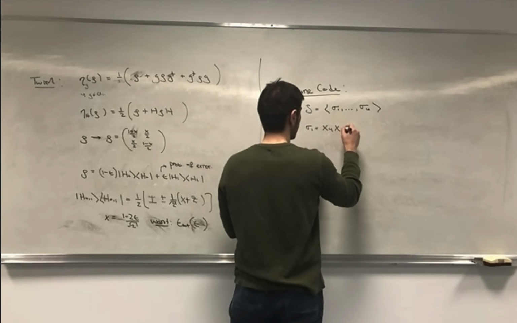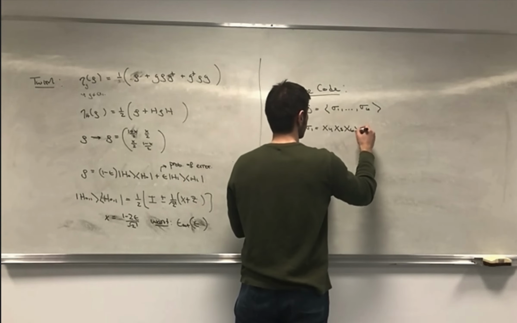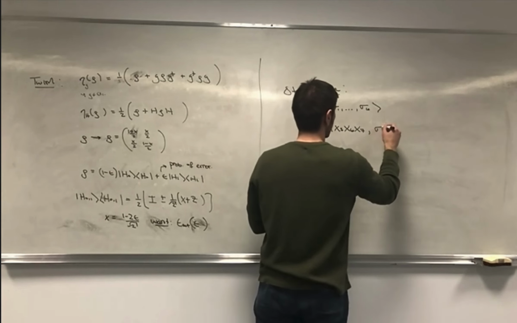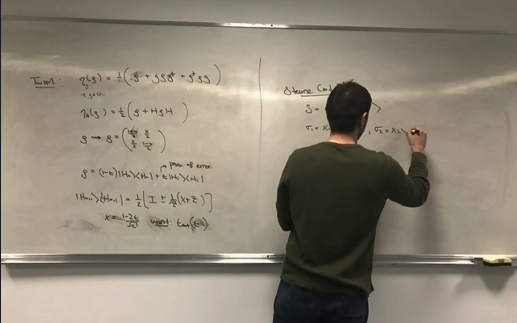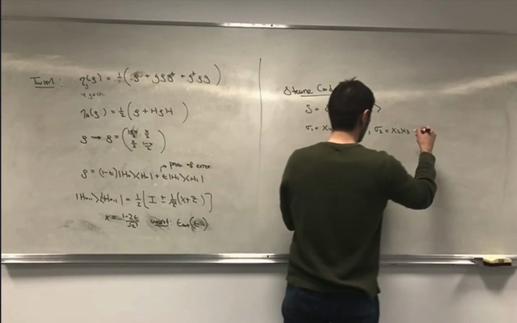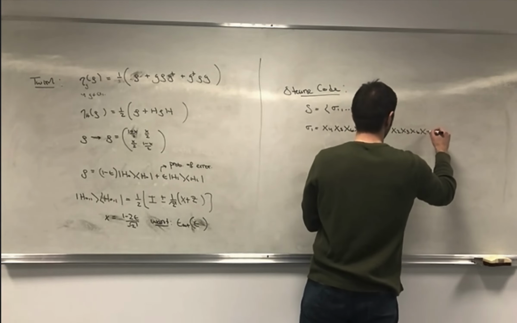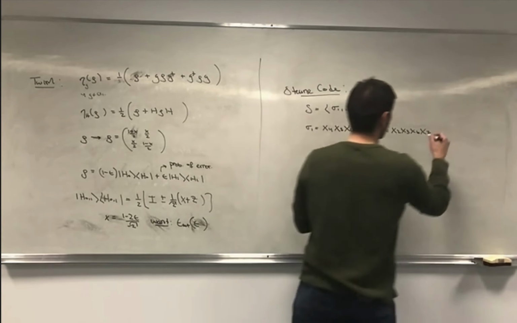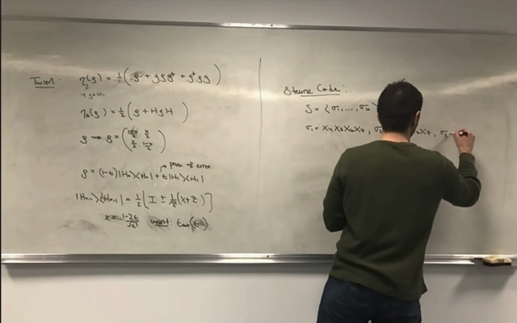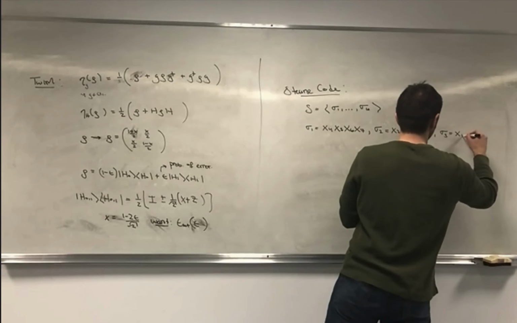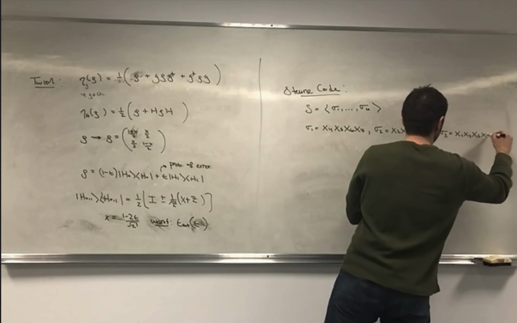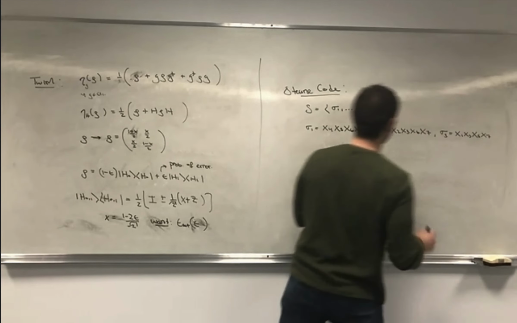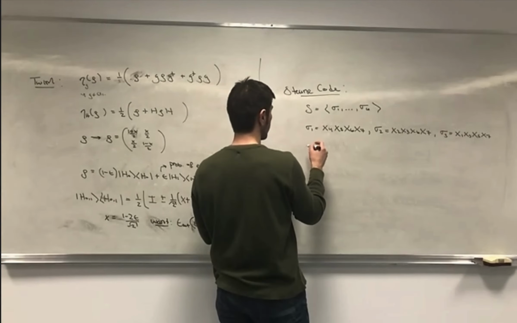So sigma 1 equals X4, X5, X6, X7, sigma 2 equals X2, X3, X6. This is more for completeness. Sigma 3 equals X1, X3, X5, X7. And then for sigma 4, sigma 5, and sigma 6,